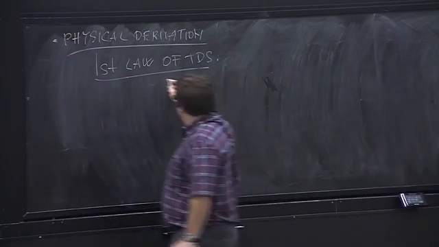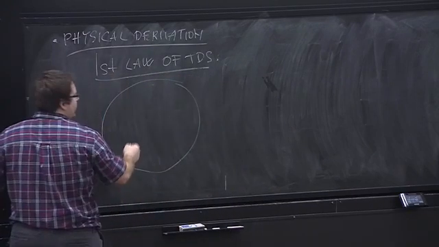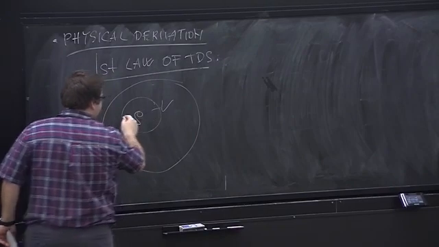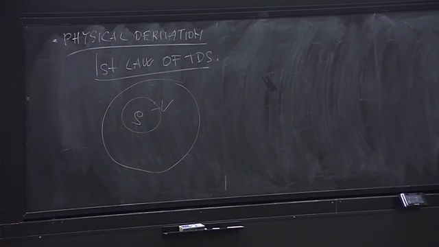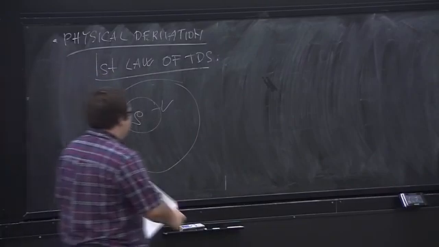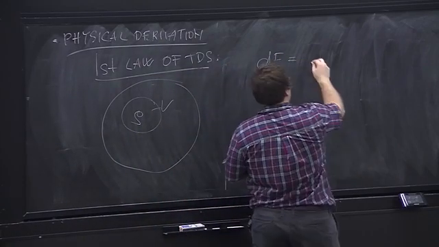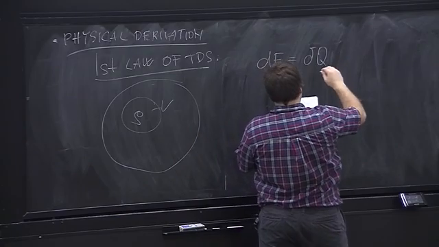So this is my universe. Let me consider some domain of volume V, and in that domain I have density rho. Now I write dE equals dQ